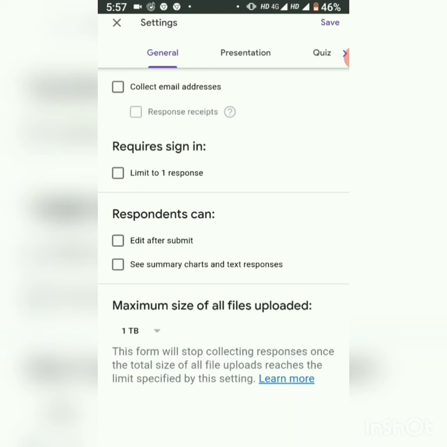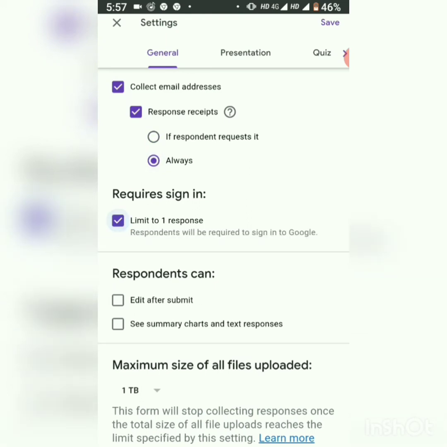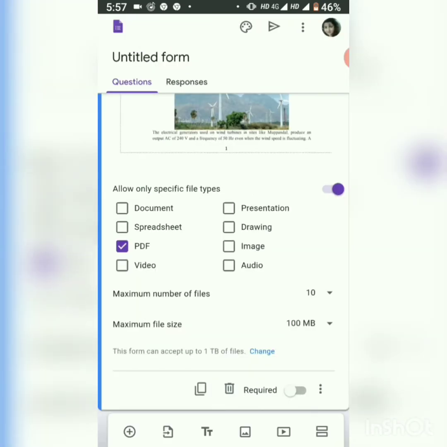Now the settings that are required for this subjective paper. First of all, select collect email addresses. After that you also need to select response receipts, select it, and now select the always button. Next, require sign in, so just click it. That's it. Now save all these changes.